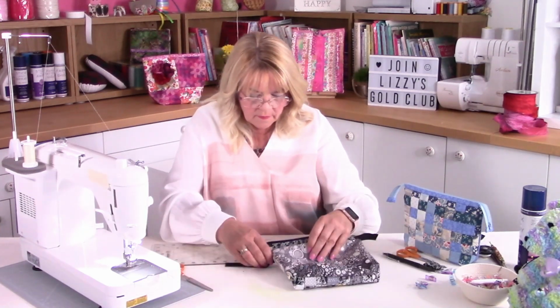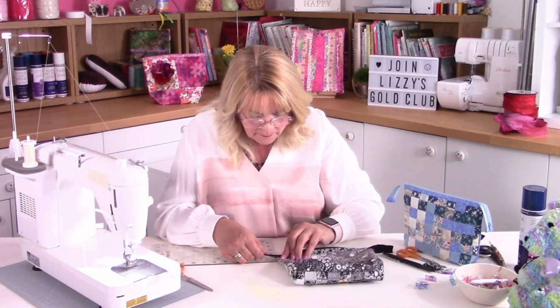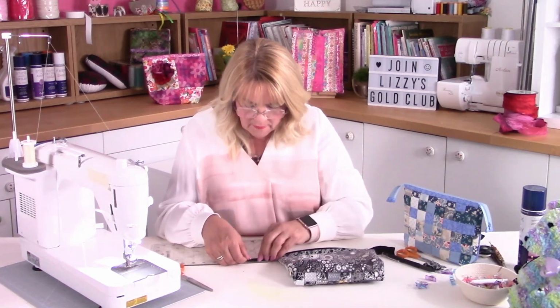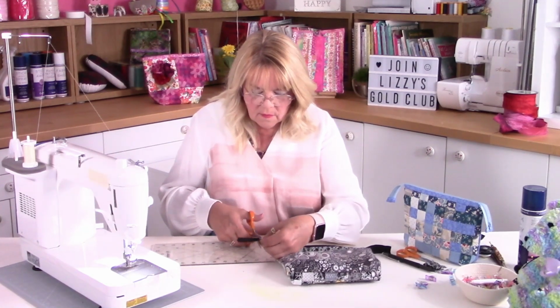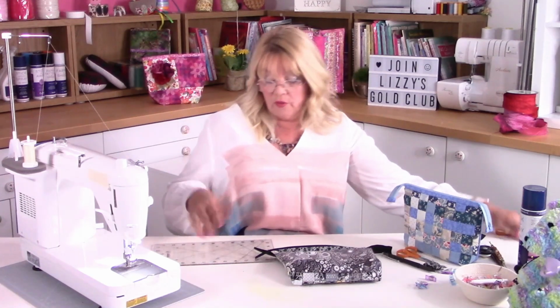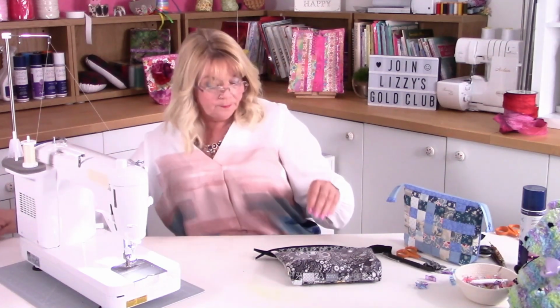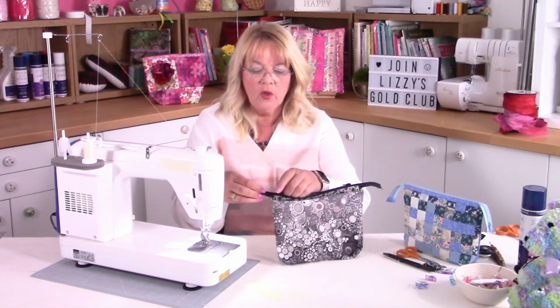Flip it over. Now don't forget, this one is actually open. Now we need to stitch that. We'll do that in just a second. And then from there, 2 inches and cut. You might want to use your kitchen scissors to cut through. It's nylon, it's fine. So before we put those tabs on, I'm just going to stitch my 2 ends together,